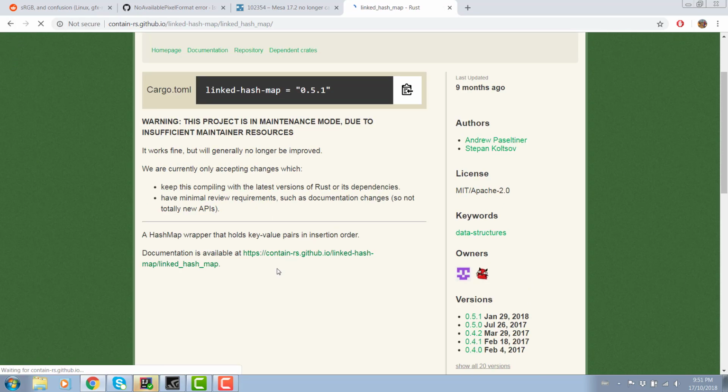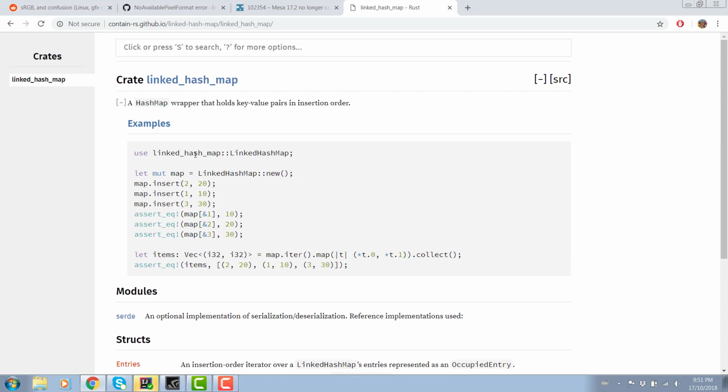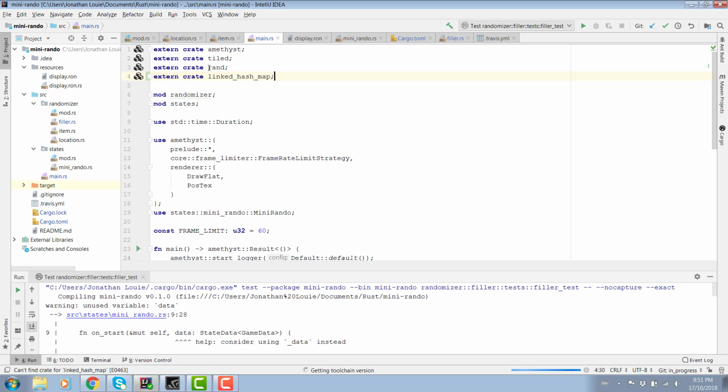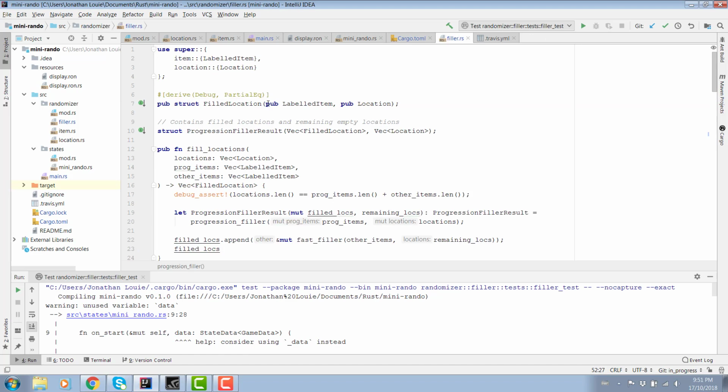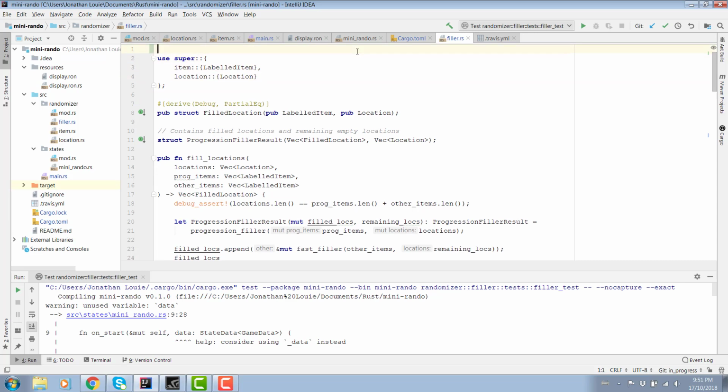Let's see. There must be some examples. No, that's cracked. Okay, no, there we go. It updated. It just took a while. Alright, so, time to use the linked hash map. And of course we just want the linked hash map out of that. Very good.